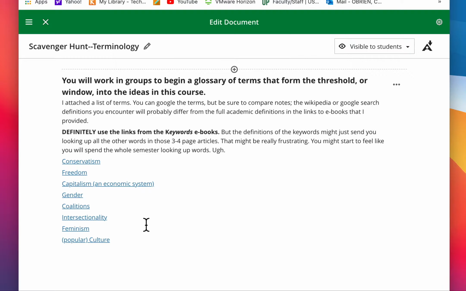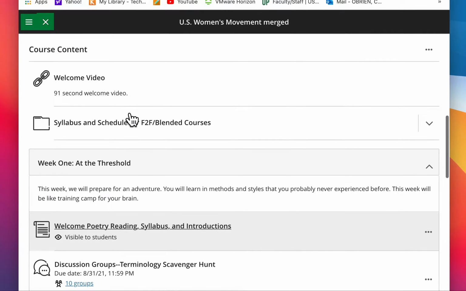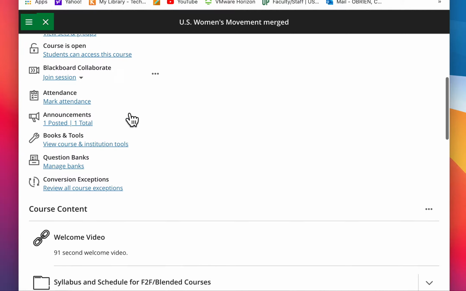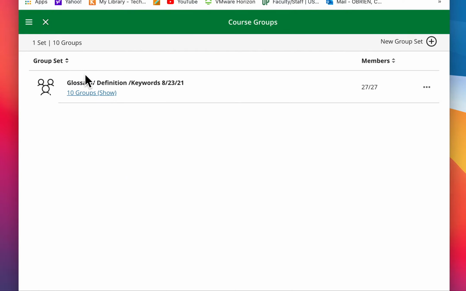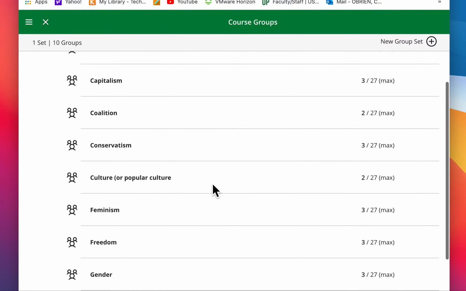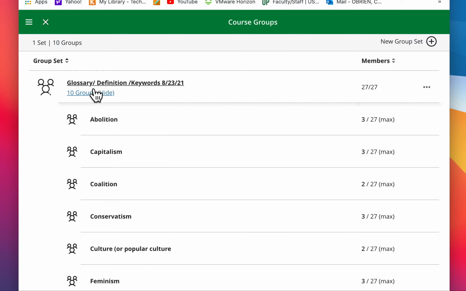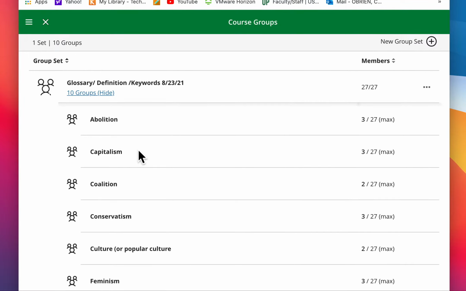So you will get one word, and again, the way that you find your word is you click on groups, and within your groups, oh good, now it's showing me something different. One word will come up, and it will tell you that you are in one of these particular groups. And when I clicked on it, conservatism came up, so I knew that was my group. Only one should come up when you click on it.